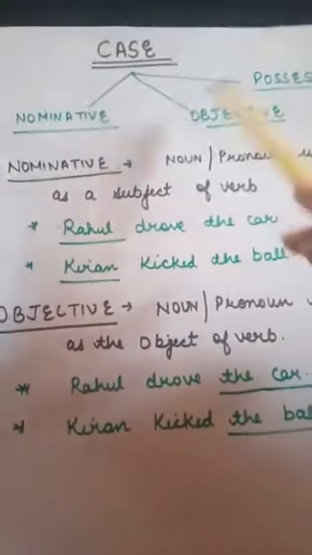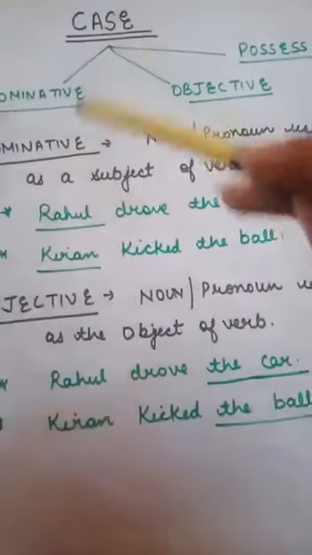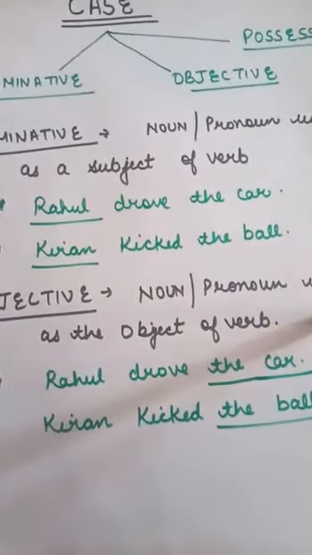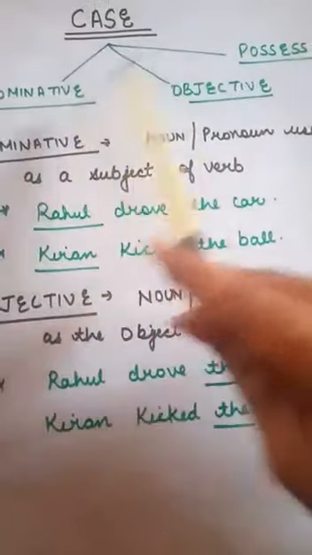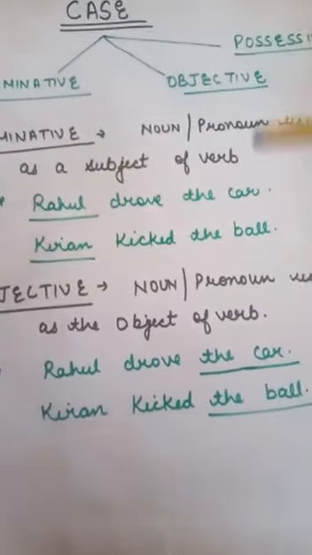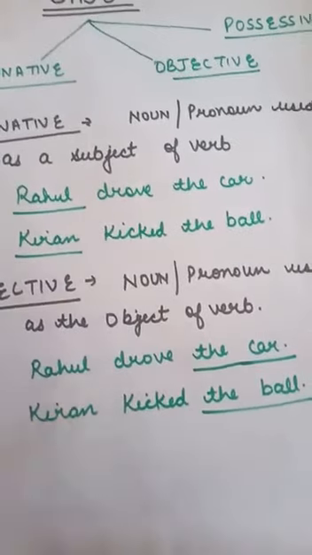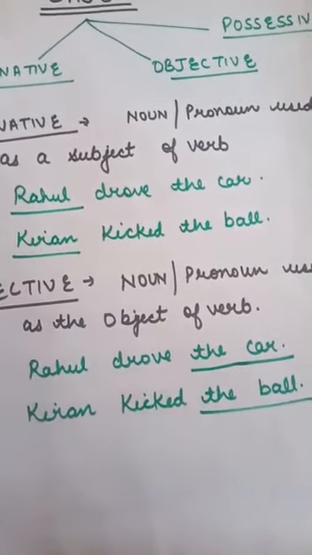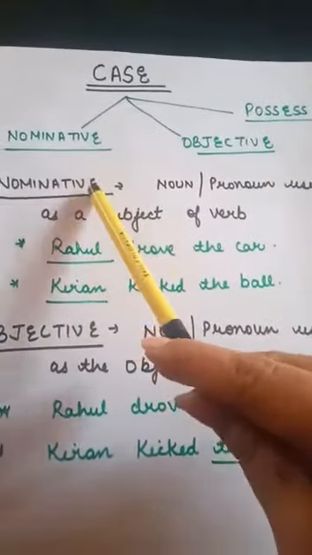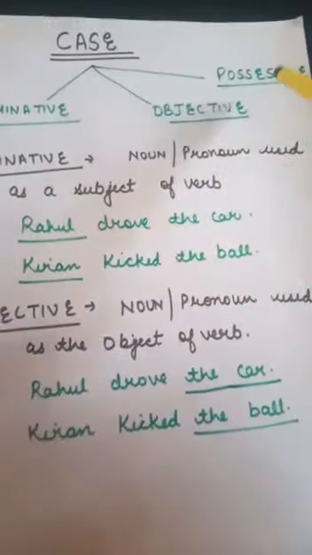Now we are going to talk about the various cases that are present in a sentence. Usually we have three cases of a noun. For example, in a sentence there are two or three nouns. Yes, we can classify them on the basis of various cases. For example, we have three cases. First is nominative, then objective and possessive.